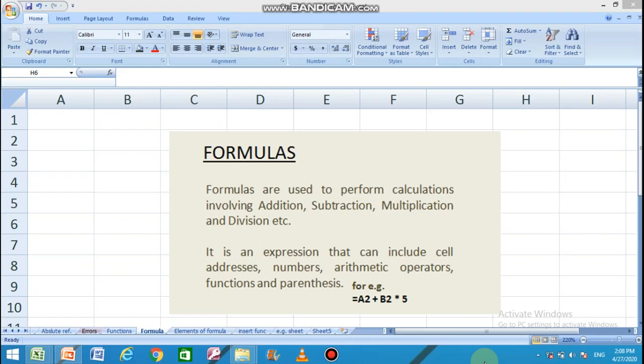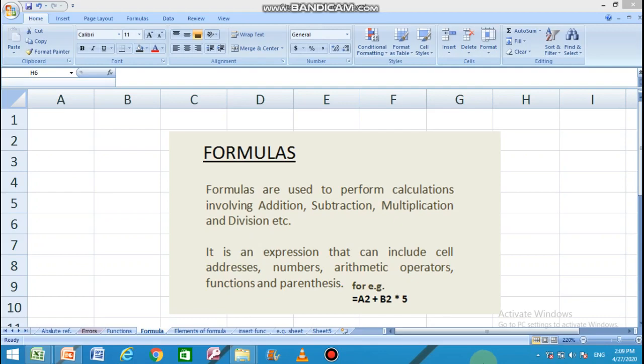What is a formula? Formulas are used to perform calculations. The calculations could be basic calculations like addition, subtraction, multiplication or division, or it can be a complex calculation like statistical calculations, logical calculations, engineering calculations, etc. Simply, a formula is an expression that can include cell addresses or numbers or different operators to perform any calculation.